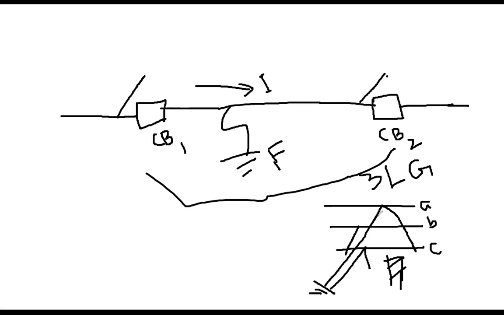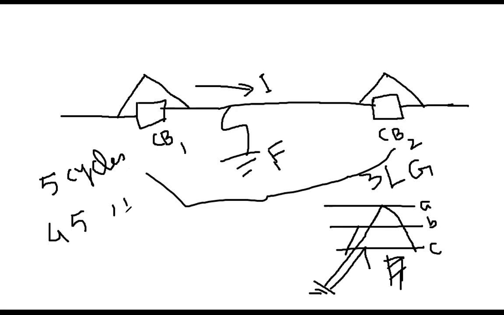Circuit breaker opens, and because someone was working and realized that no, I was making a short, or a bird suddenly made a short circuit and flew away after getting shocked, the fault is removed. If the fault is removed, then the common practice is to close the breaker again. It is called reclosing. So first it opened and then it reclosed. That is called reclosing. Although there is some standard timing, first circuit breaker opening takes 5 cycles of the waveform, and then the reclosing time is kind of